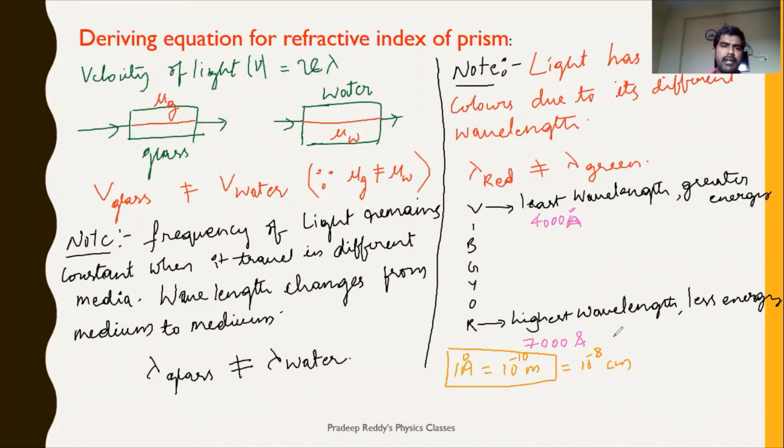These are the things which we have concluded in this particular slide. As velocity of light will be different in different media, wavelength will be different. Frequency, however, in any medium will remain the same. As wavelength undergoes change, wavelength is a very important character of light. Because of this wavelength, light exhibits different colors. Different colors have different wavelengths. So starting from violet to red, each color has its own band of wavelength.